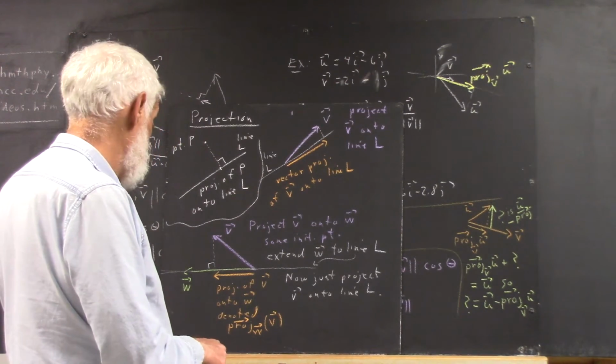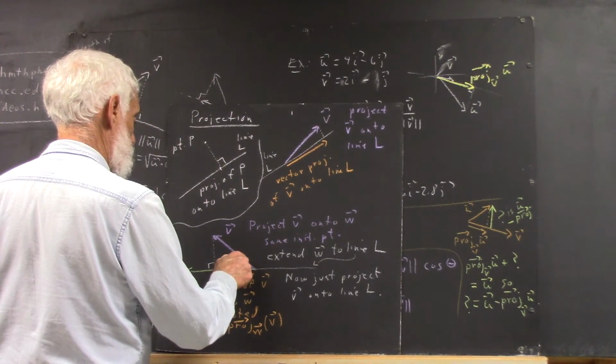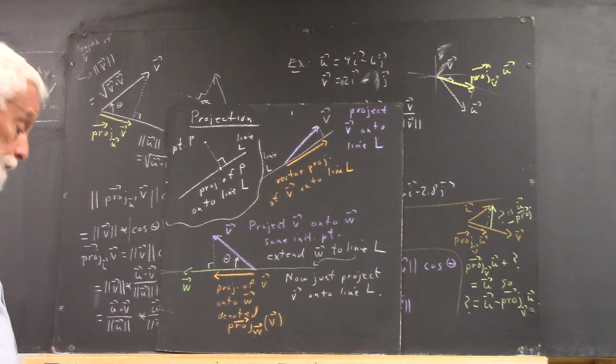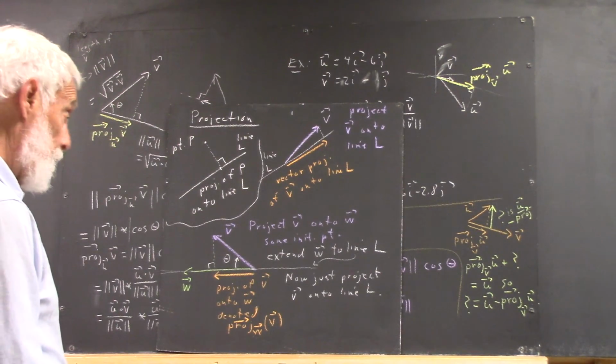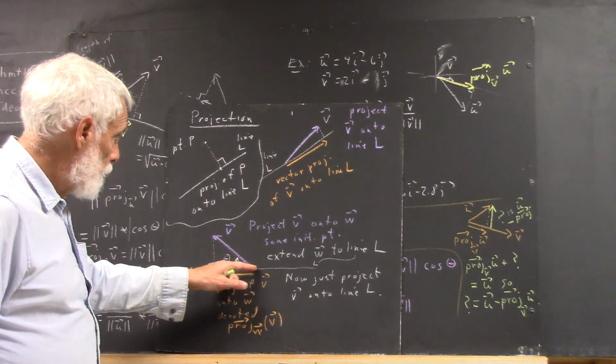Now I'll simply note that if this angle is theta, that the magnitude of the projection is just the length of this side of a